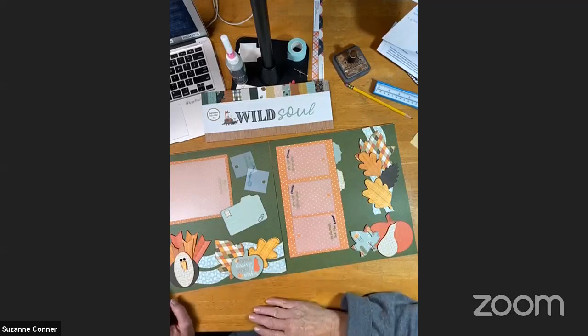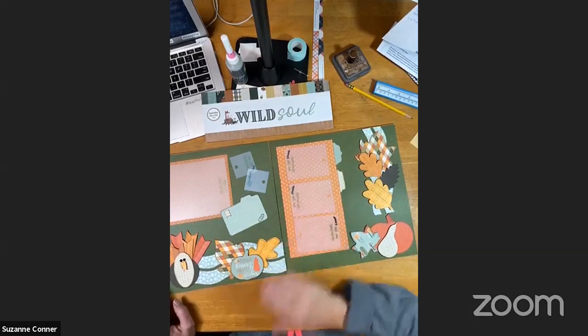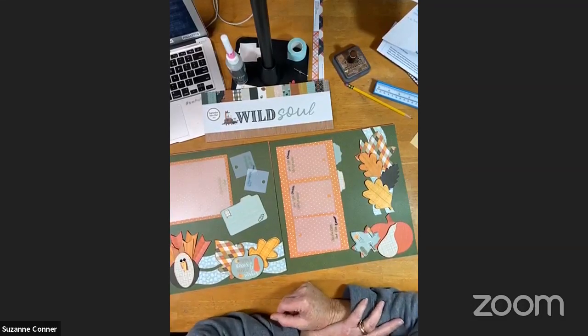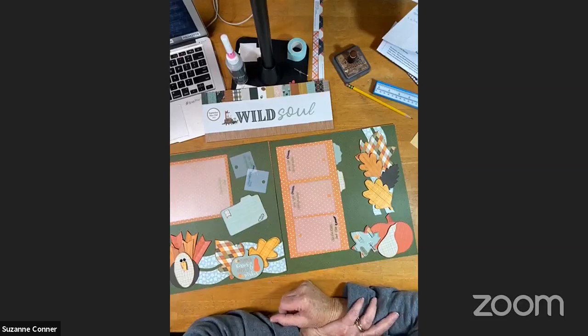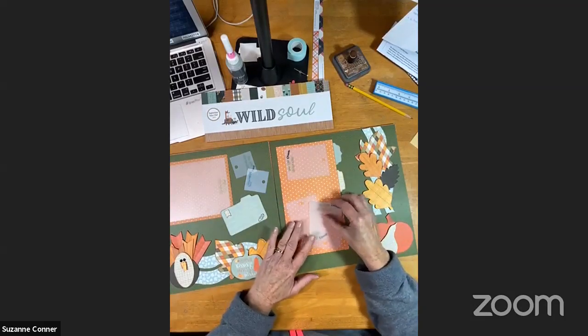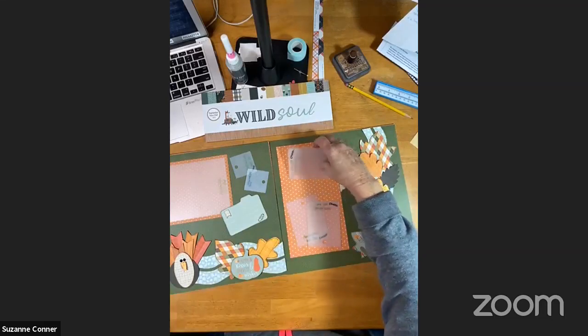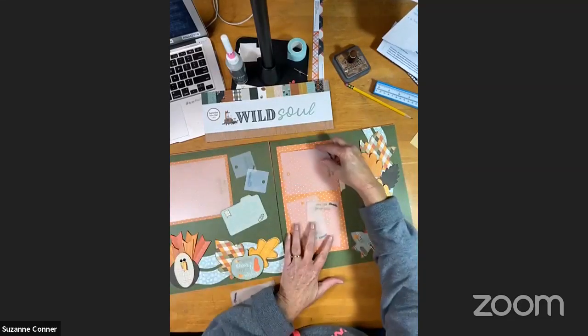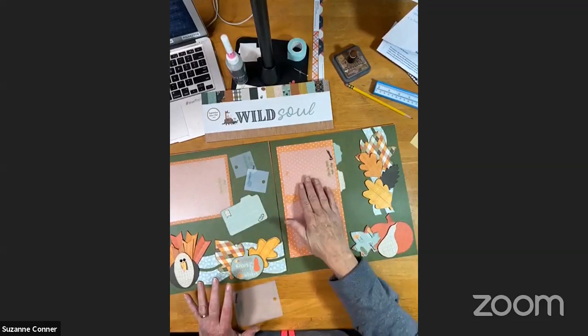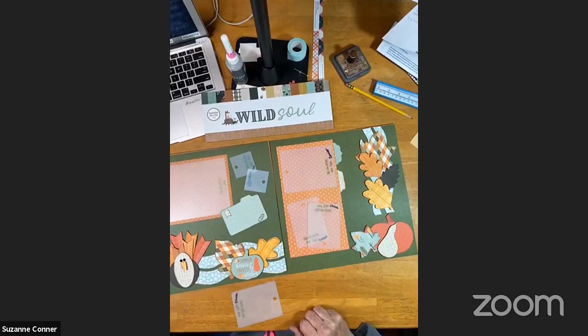So there, arrange your photos anyway. If you do not have photo mats, I will tell you, I was the biggest skeptic with photo mats and photos. I'm like, what do I need this for? I can cut 5 by 7. I can cut 3 by 4. Yeah, we can. It's not about that. It's about the fact that I can just visualize. I can create a layout. I can move these around, and I can see where things are going to go. And it just gives you ideas. You can do that. You can lift it up. If you wanted something else in there, you have your